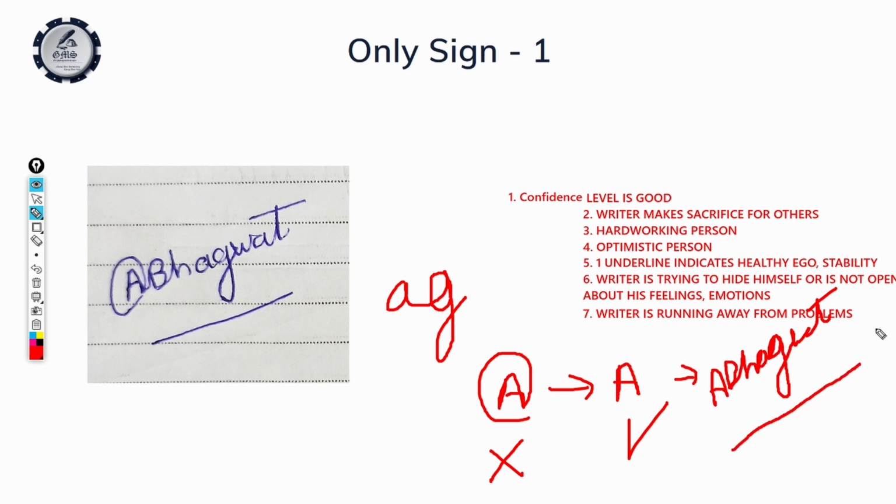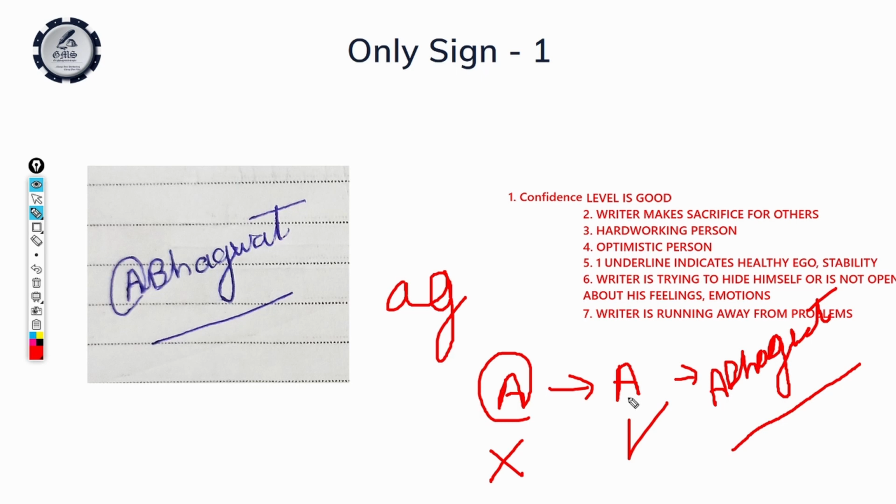And underline. Okay, so the loop must be avoided. Sorry for my writing here. Anyway, the loop must be removed. We have to tell the writer why, because it indicates that the writer is trying to hide himself. If he removes the loop, it indicates that he is open about himself, his feelings and emotions, not to everyone,